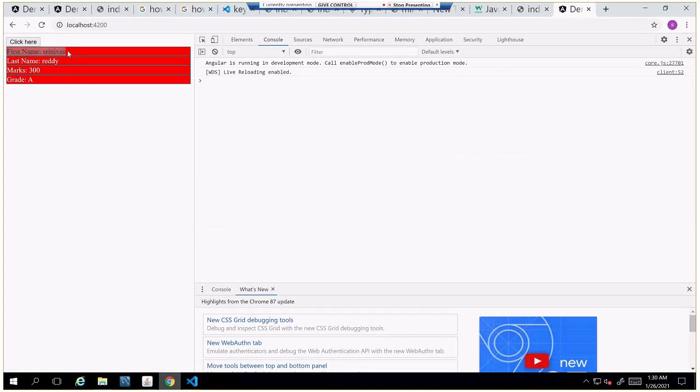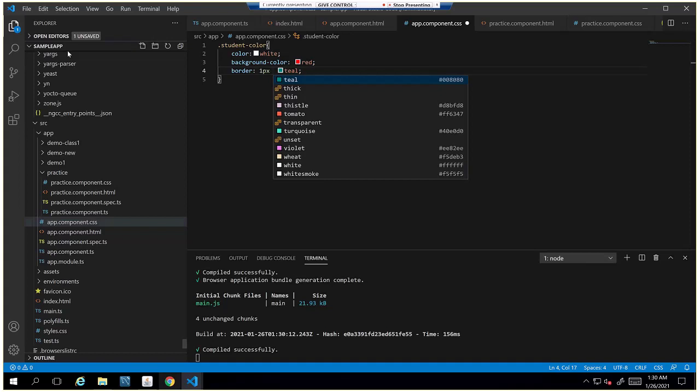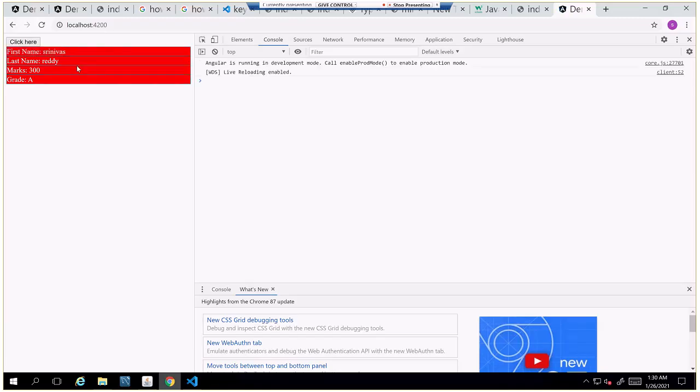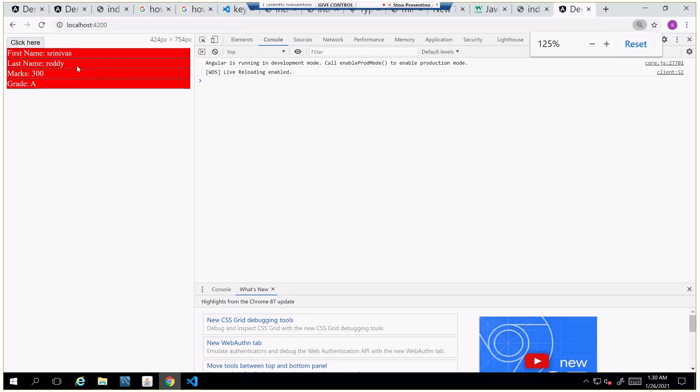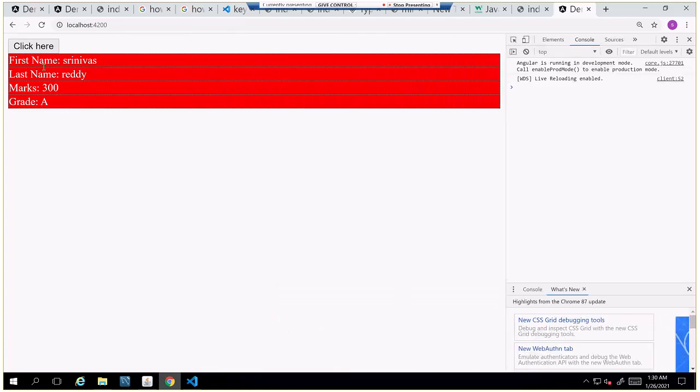Instead of solid, we can use different styles, like dotted or something. Yeah, it shows all the dots. Dash. You can play with the CSS. Whatever you write, it will reflect. Yeah, like this it will print.